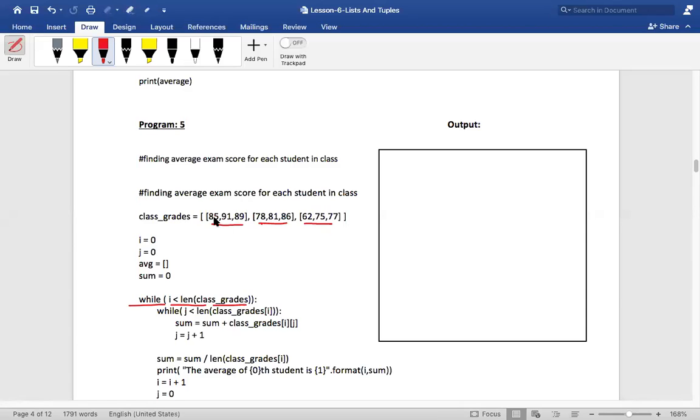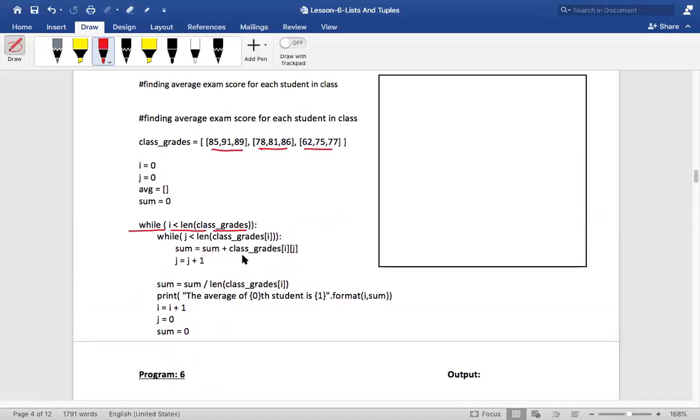In the previous case, you are only finding the average of the first subject, isn't it, guys? Did you understand the question or not? You have to find the average of each student. In the previous case you were finding the average of the first subject of each student. Can you do it, my dear friends? I think the rest is easier. I think you will be able to do it.